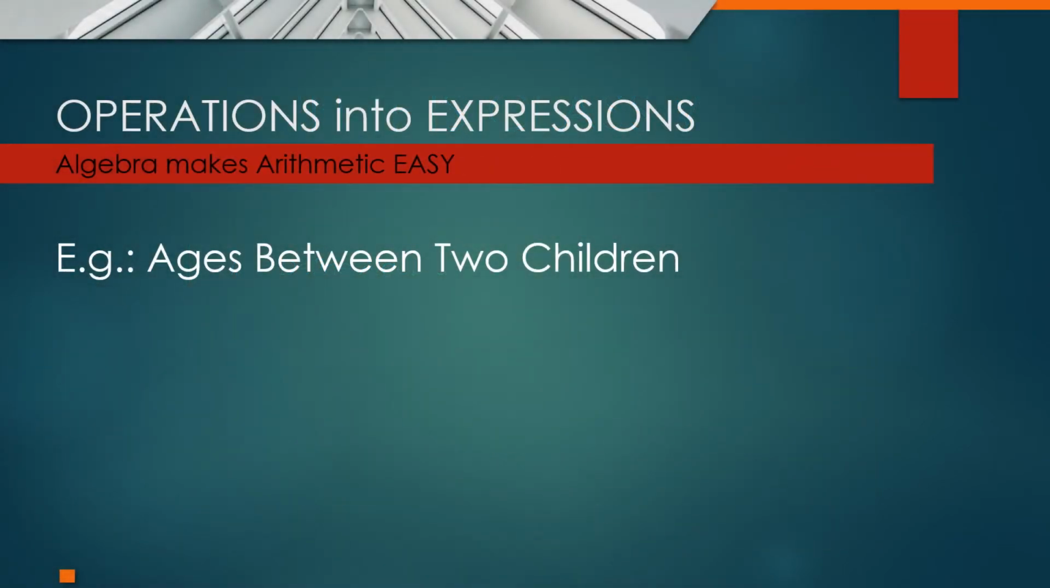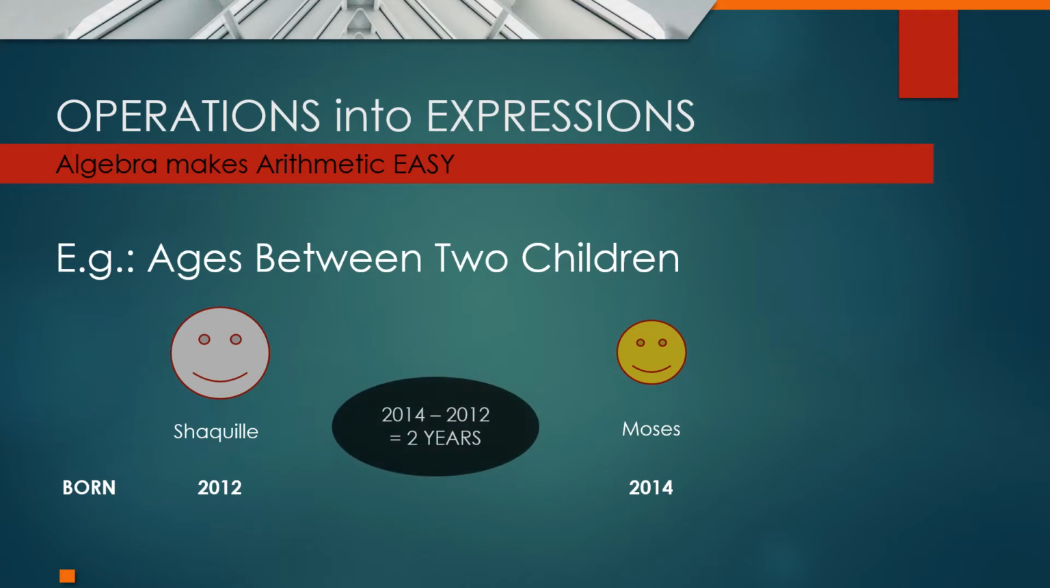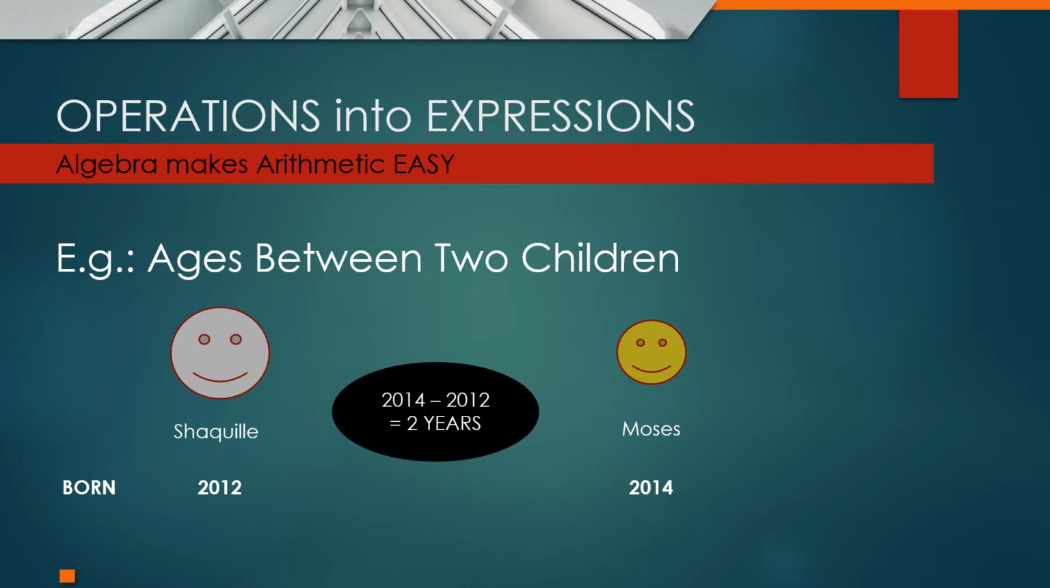Let's begin with operations into expressions. Example, ages between 2 children, and these children are Shaquille and his younger brother Moses. Now let's suppose Shaquille was born in, let's pick a random year, 2012. Meanwhile, his brother Moses was born in 2014. We can clearly see that there will be an age difference between Shaquille and Moses, and that age difference is 2 years, or 2014 take away 2012, which means when Shaquille becomes 4 years of age, Moses will be